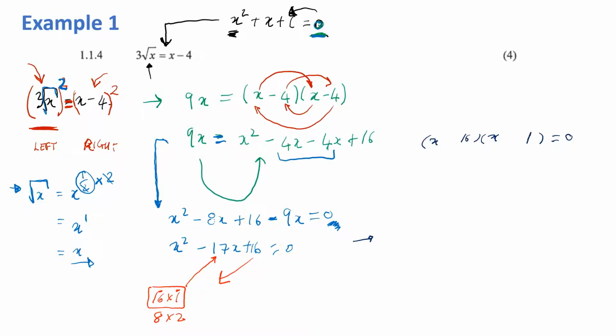I know that it has to be plus 16, right? So I need to have either minuses in both or pluses in both. And because we have minus 17, I think I have to have minuses in both. Okay. If I test this guy now,